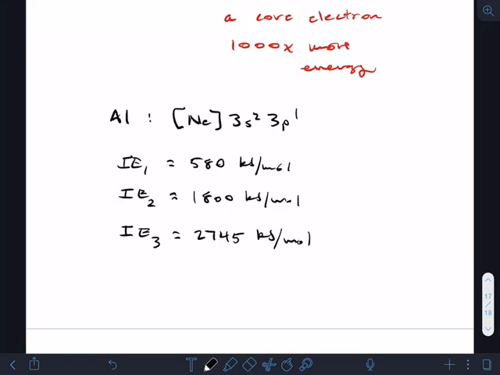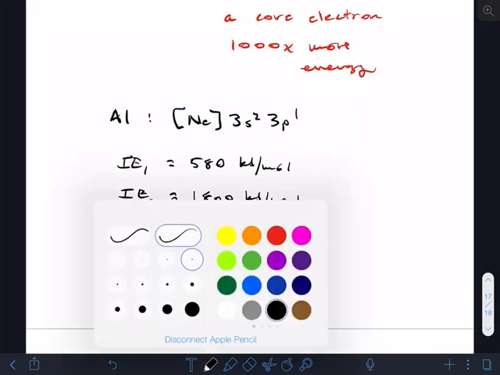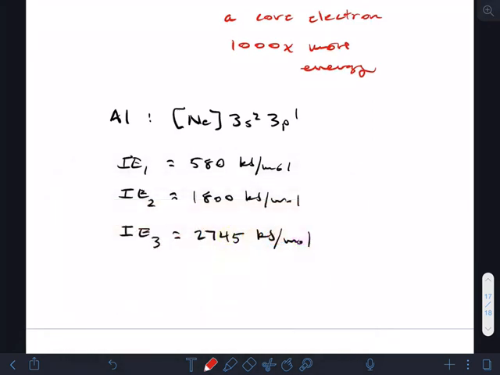Now I'm at 3s1. So noticing a trend here, for each electron that I try to pull off, things get a little bit more expensive. So at IE1,